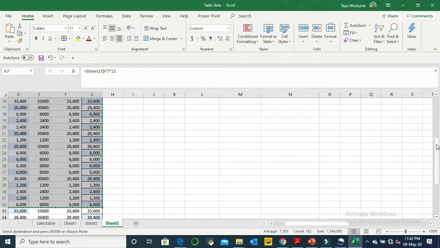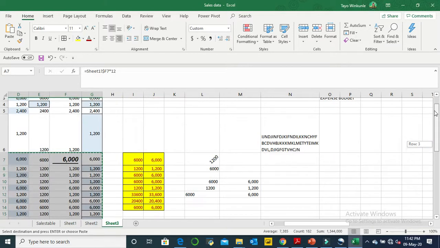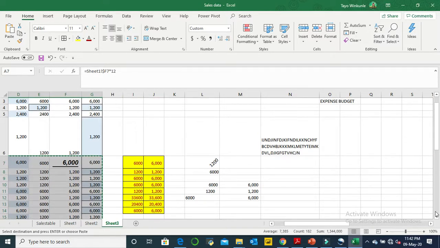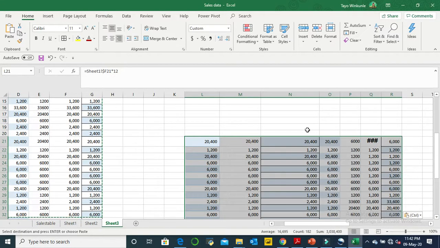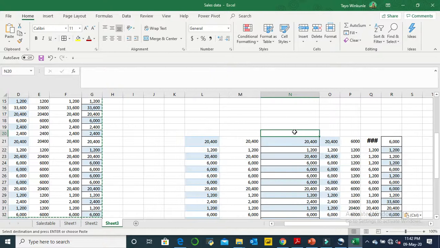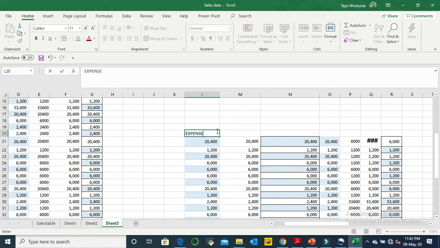So that we could relate more to that. Okay, we'll use here Control V. Okay, so let me write expense budgets. Because this particular title is for the whole of this table, we want it to be seen as such, so we could merge and center